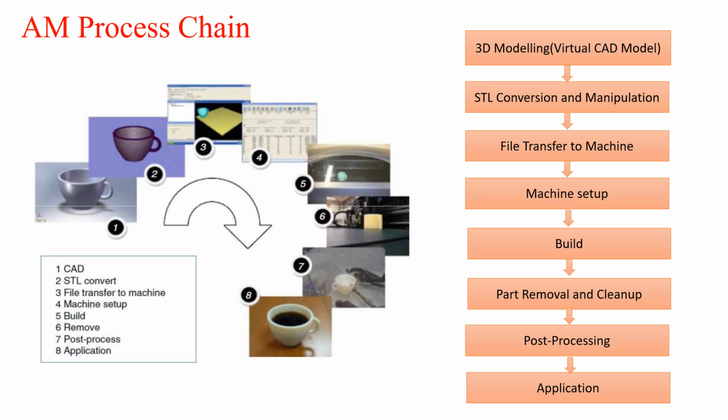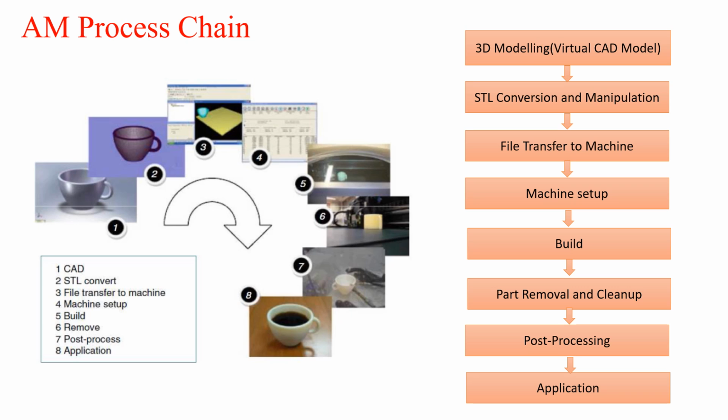After this, the seventh step is post processing. Post processing means there are again two types of process: primary and secondary. Primary means whether it requires any polishing, painting, sanding. Secondary process is whether it requires investment casting, vacuum casting. So this comes under the post processing process. And the last one is the application.